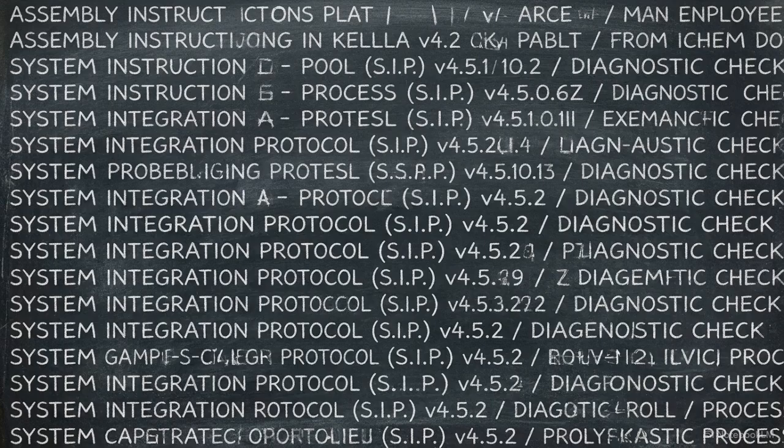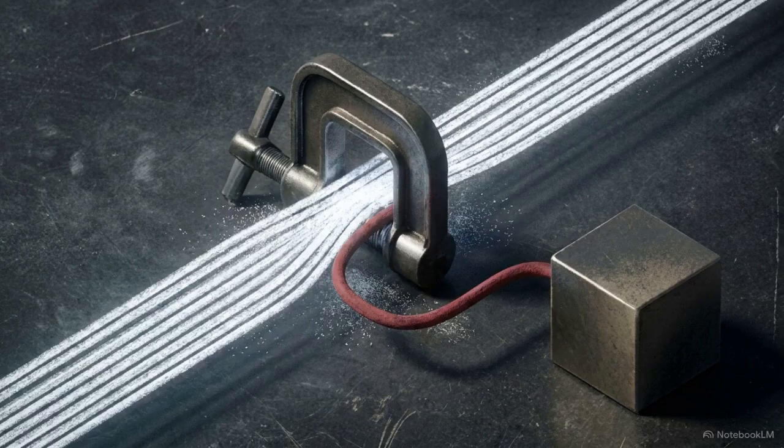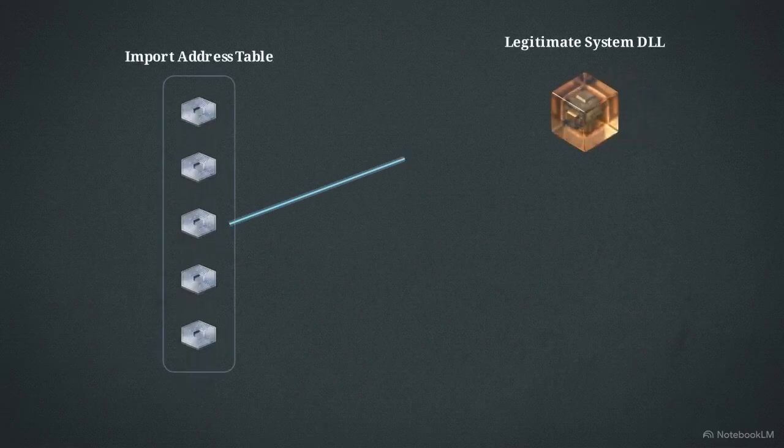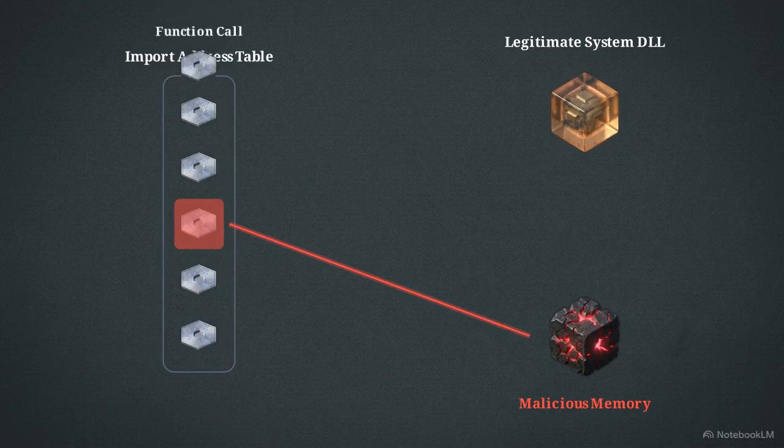Once running, malware must often hide its presence from the user. It achieves this through API hooking, intercepting and redirecting function calls between the application and the operating system. IAT hooking is a straightforward method that modifies the import address table. By overwriting an entry, the malware ensures that any call to a specific function is redirected to a malicious address